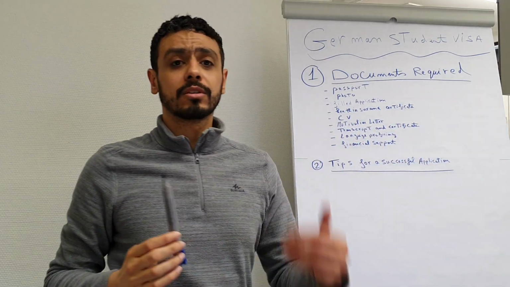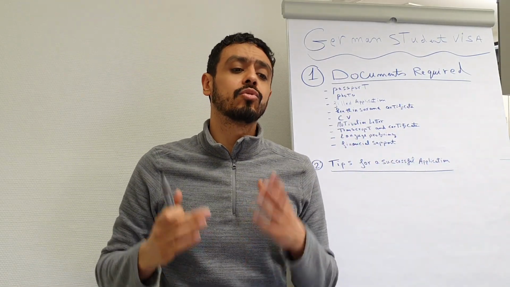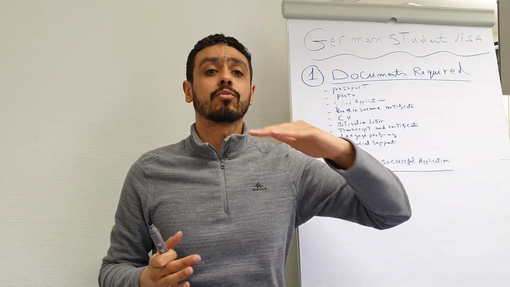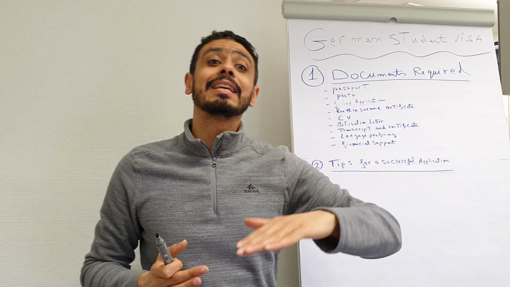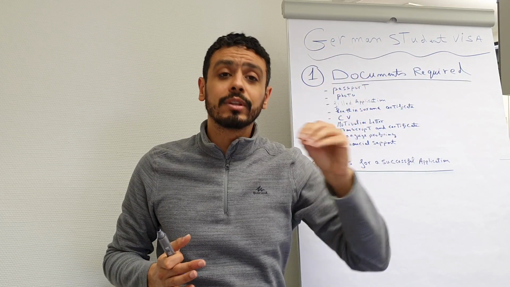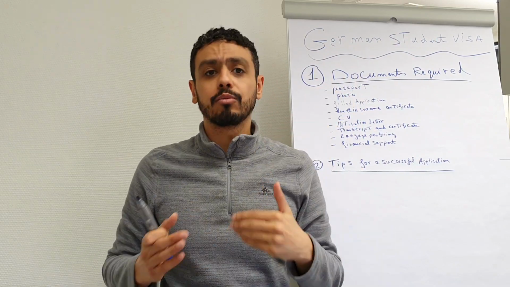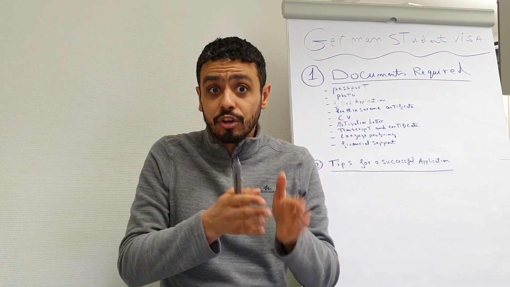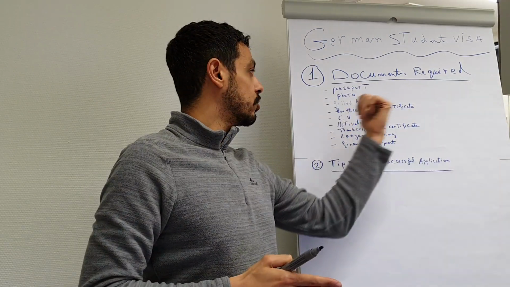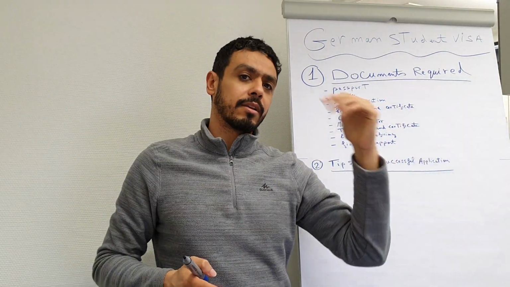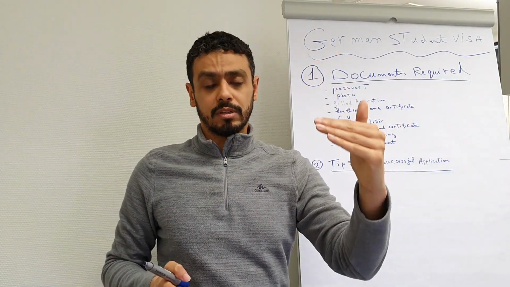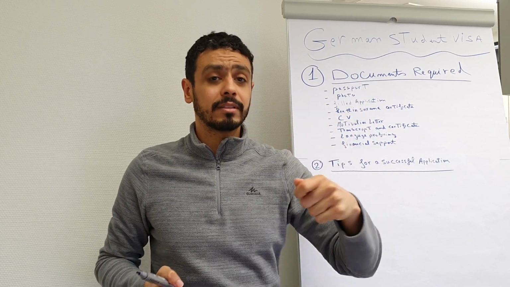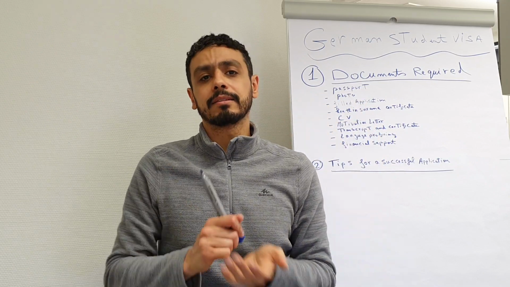Here for the health insurance certificate, you need to have a certificate covering the time from the start of your visa until the time you will be enrolled here as a student, because when you come here you'll be enrolled as a student and then you have to get German health insurance. So this health insurance is only a temporary one from the start of your visa until you start your study, and this you submit directly after getting the visa.